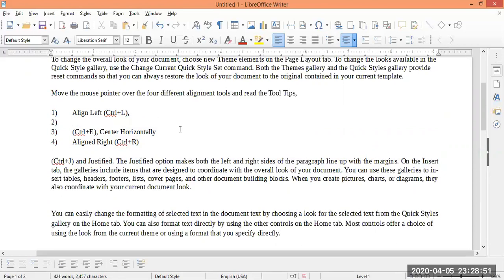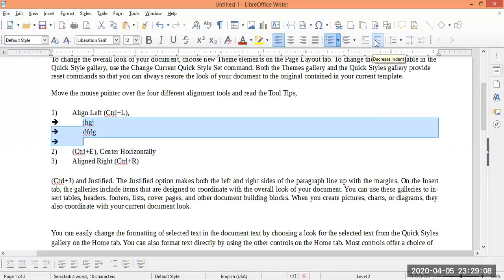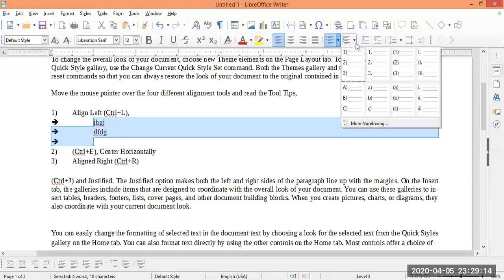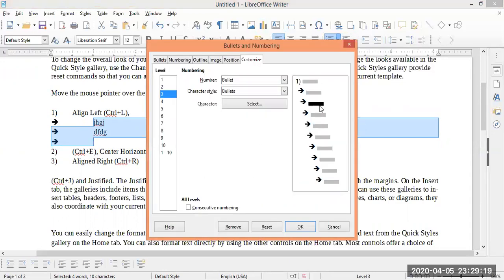See, if I want to make a nested list in the first one, press the tab key and now another list is started. You can make it more nested by clicking on increase indent, or you can anytime select from the more numbering options. Here you can see the level of nesting.